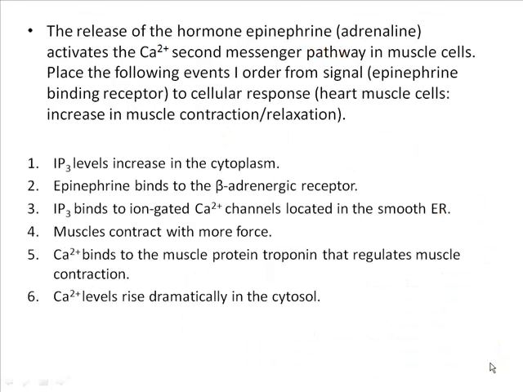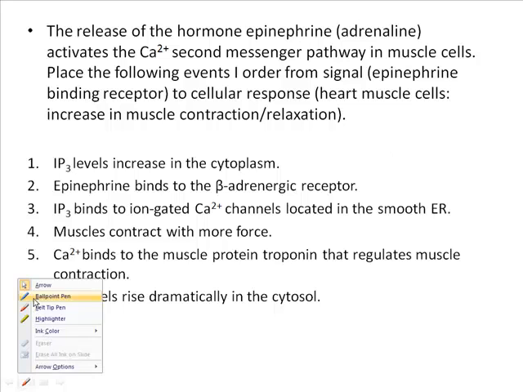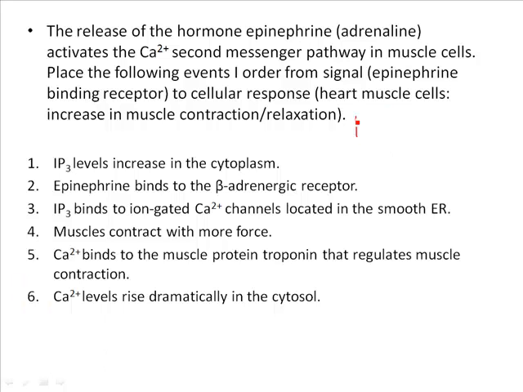Okay, so now that we've looked at how cyclic AMP can react to the binding of adrenaline in specific cells, in that previous case, liver cells, let's look to see how calcium actually works. And in this case, we're going to see the effect of adrenaline on heart muscle cells. Now, what do we have to do to the heart rate in response to adrenaline release? What's going to happen to the heart rate in response? That's right, as we talked about previously, we're going to increase heart rate in response to the fight or flight.